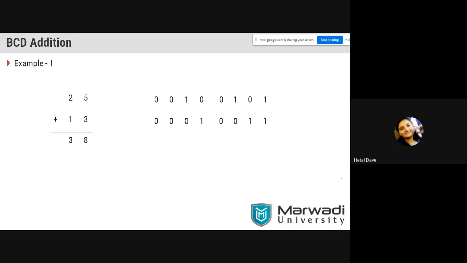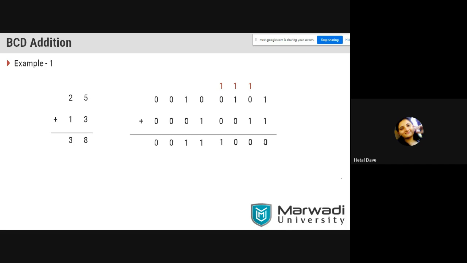First of all, the difference between BCD and binary addition: in binary addition, 25 and 13 would be converted to binary using the division method. Now the addition rule is the same for both binary and BCD addition. 1 plus 1 is 0 and carry is forwarded. I already explained this thing, so I'm not explaining it right now. I hope there isn't any doubt with this addition. Now what was the rule? Do the addition in BCD and analyze the result.